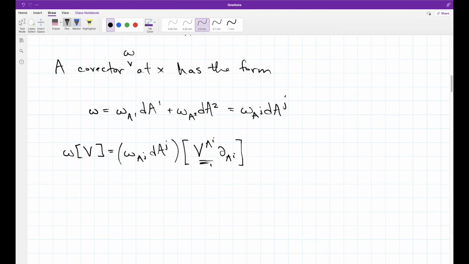These are just, well, for us, they're just numbers. And so they can come out of this action since it's linear. So we'll get omega_aj v^i da_j partial a_i. But we already know that this is the Kronecker delta. So this leads us to the expression